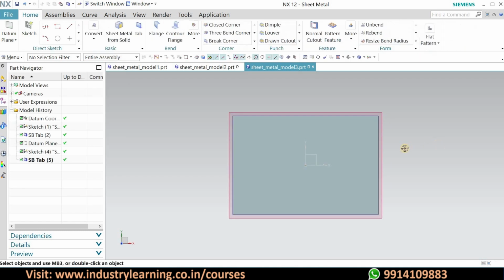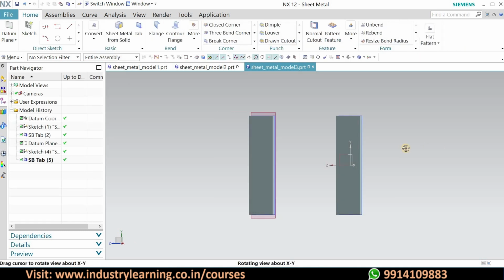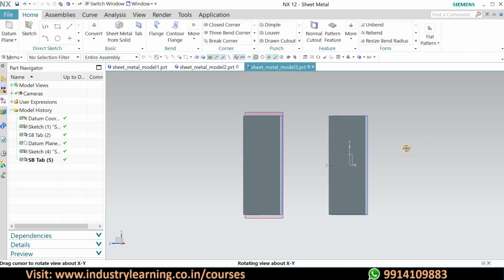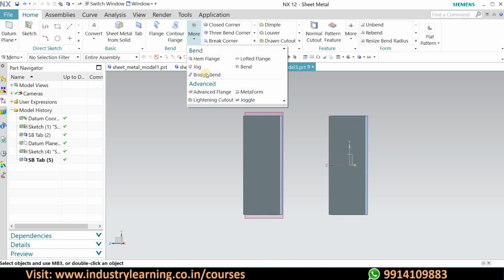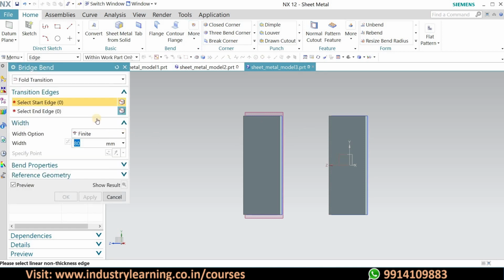We have created two different planes, and in them we have made two surfaces, and now using the Bridgeband command we will join them together. So for that, we have to choose the first edge.